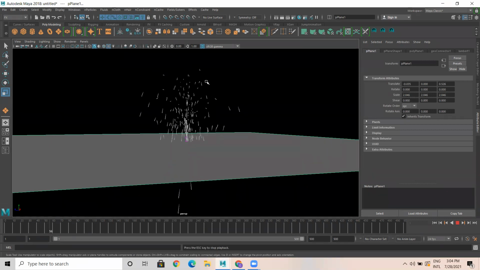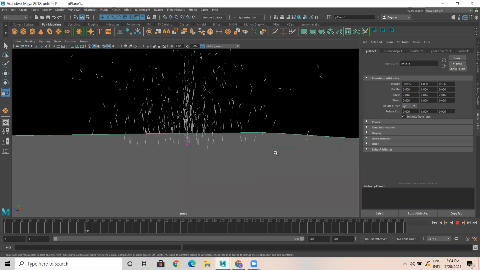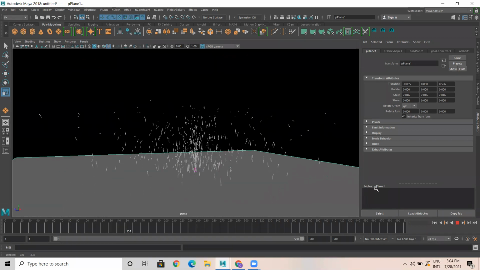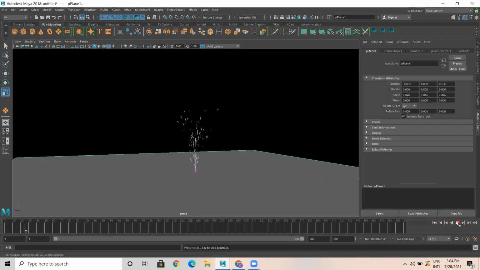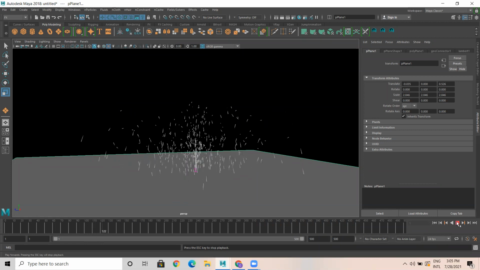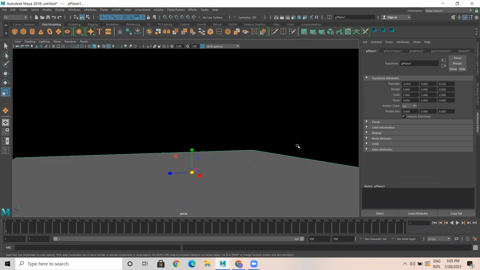Now see, particle is up. Wow. And there's a lot of bounciness. All the particles are bouncing. Particle is hitting the surface and bouncing. I don't want this bounciness. Now select the plane. How do we avoid bounciness? Select the plane.